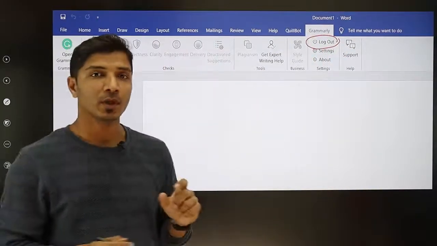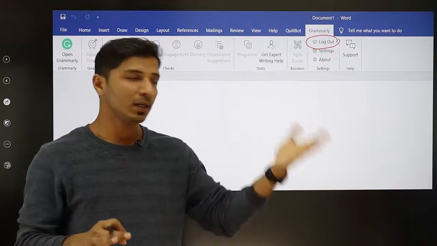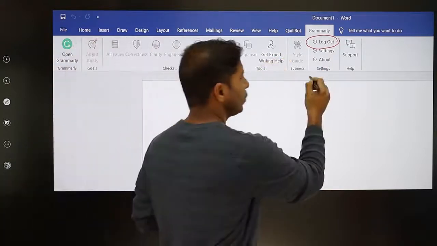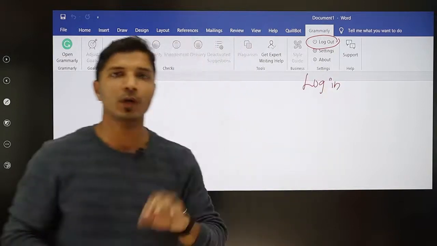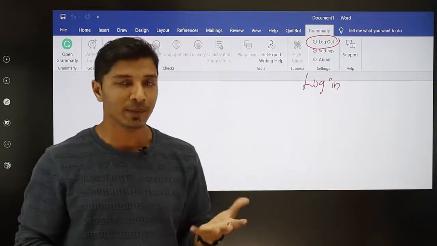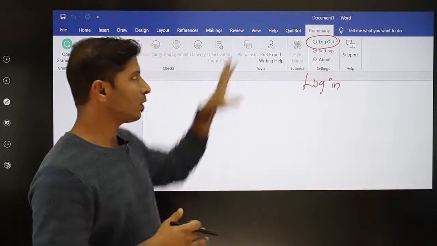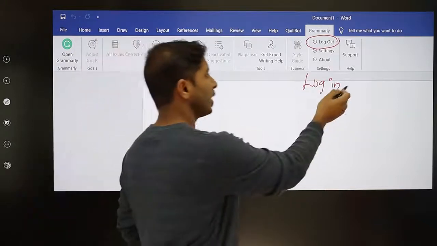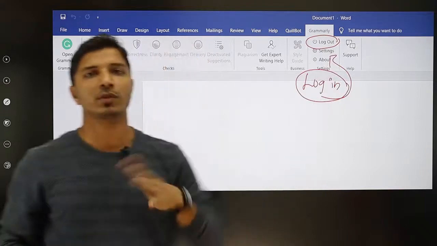Sometimes, even after the login-successful message, when you get back to Microsoft Word you will find only login displayed. You have to wait for 1 or 2 minutes. It depends on your system, your internet speed, and compatibility if you are using older versions. Automatically this will turn into logout.